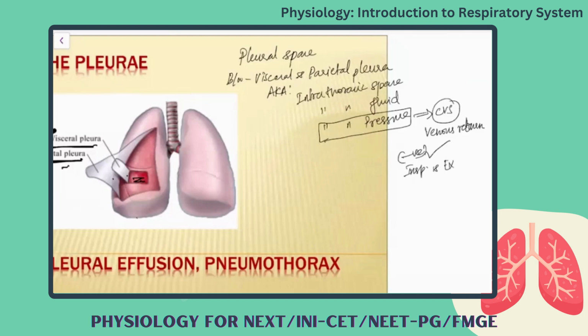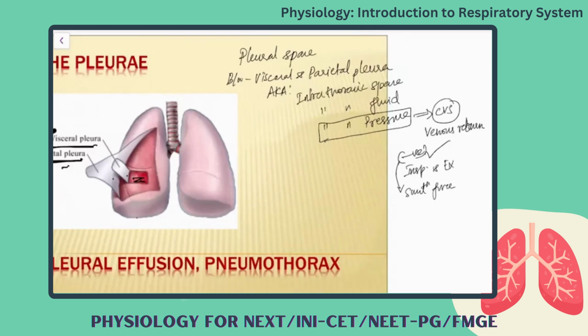From the inferior vena cava, the venous return is initiated and it is helped by this intrathoracic pressure. Because of the negativity, it always exerts a suction force. So this helps the venous blood to move against gravity from the lower parts of the body to the